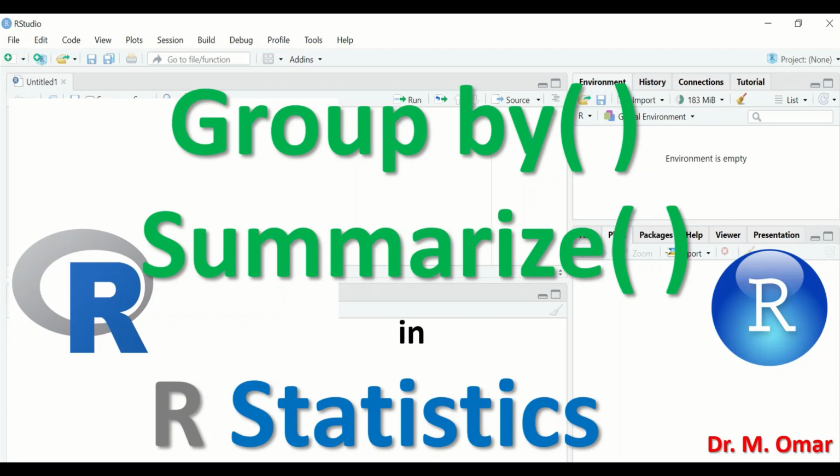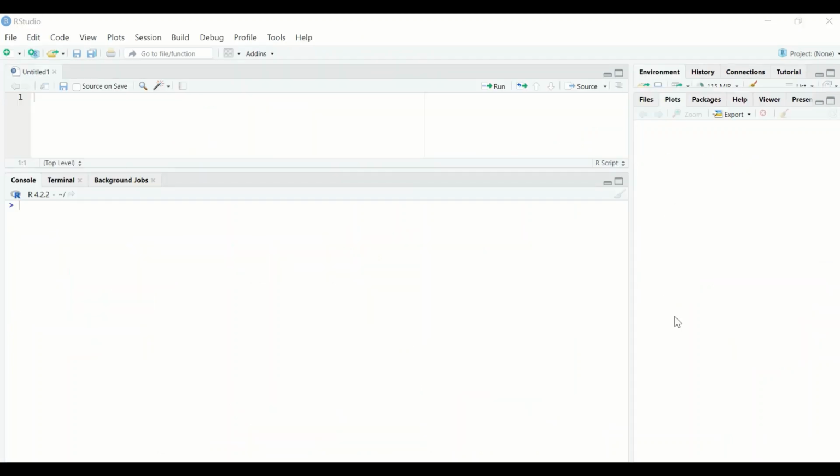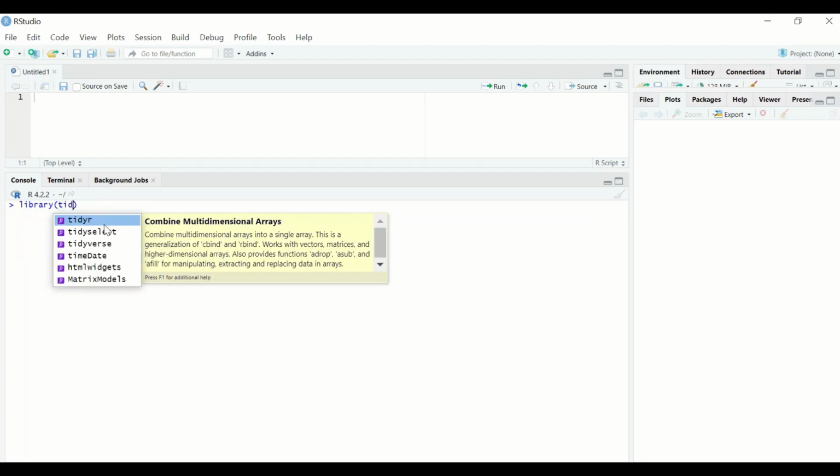Group by and summarize functions in R statistics to group the data and generate a summary including the mean, the standard deviation, the number of cases, and the standard error for each category within the data. Launch RStudio and let us load the tidyverse package by typing library, open a bracket and then type tidy